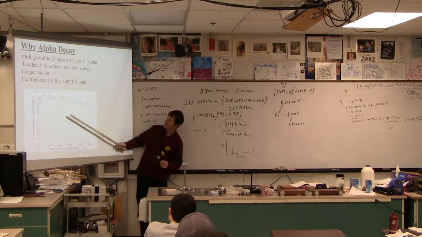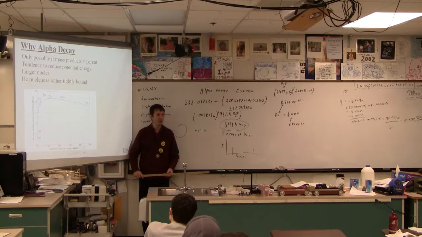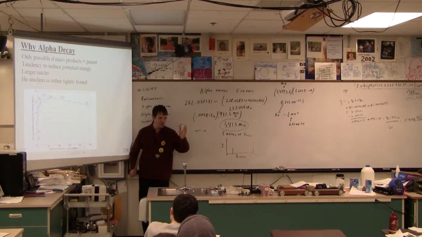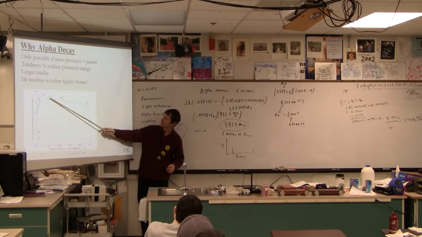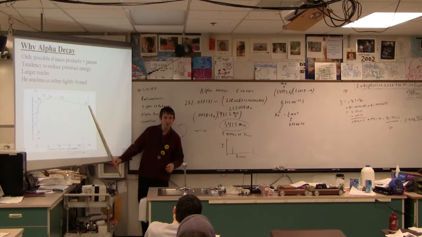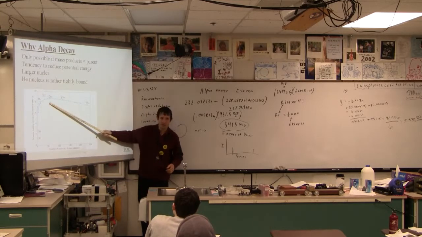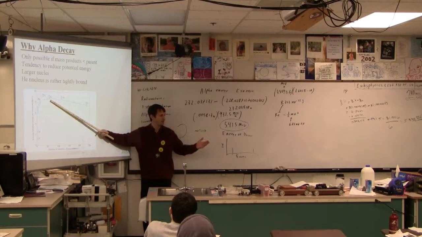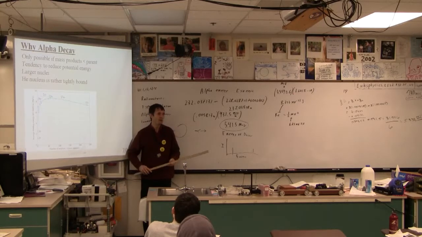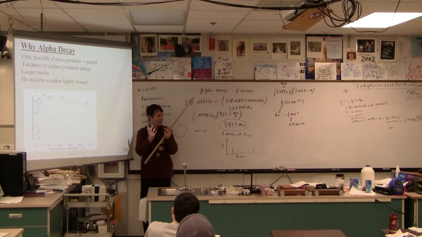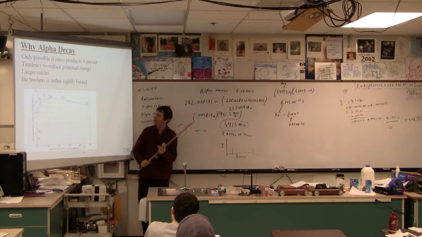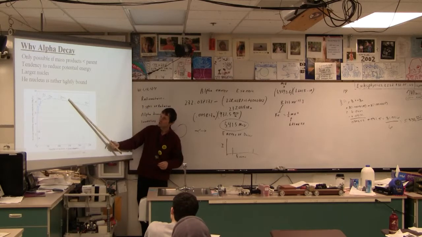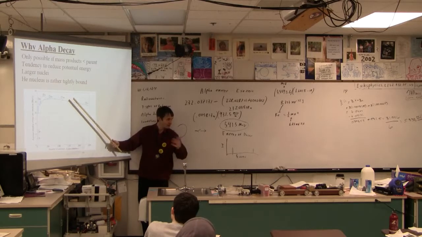So, if we look at this, the most stable nuclei are what? Iron or nickel, somewhere in there, right in the middle of the transition elements, right? So there it is. Uranium-235 has the ability to become more tightly bound. Now, when you go to more tightly bound, you release energy. This is what you're doing when you burn a piece of paper, right? You're turning cellulose and free oxygen in the atmosphere into carbon dioxide and water, which are more tightly bound. You're releasing energy. In uranium, you can fission, nuclear fission, which is splitting the thing into parts.